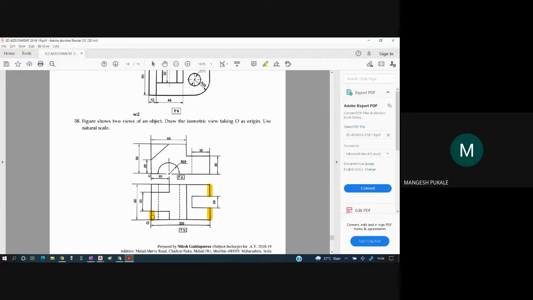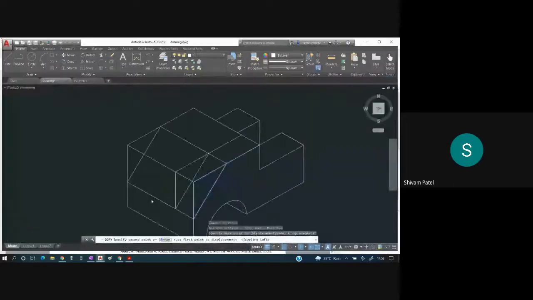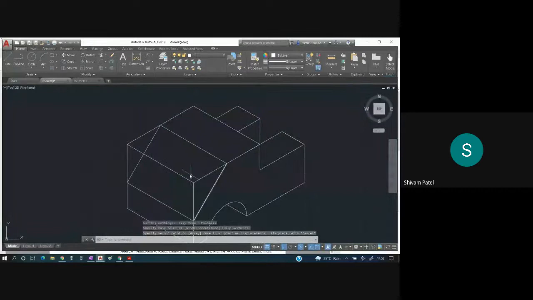15. Okay, so it should go inside by 15. Select this again, copy 1, then this is 2, this is 3, enter.